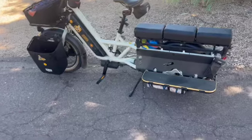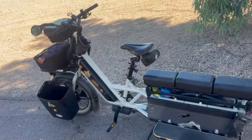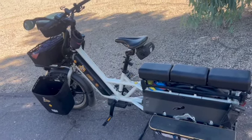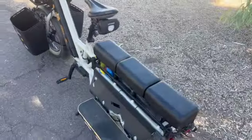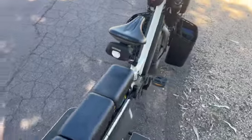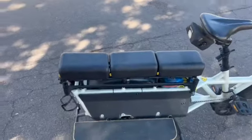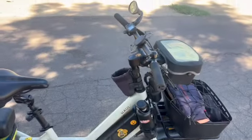Again, this is not a diss to Specialized. I think Specialized made a better bike than Trek. I own a Trek Dual Sport. I think Specialized is a better company when it comes to quality and how to design their bikes. However, there are definitely quality control issues that they need to address, and they also need to address their support,